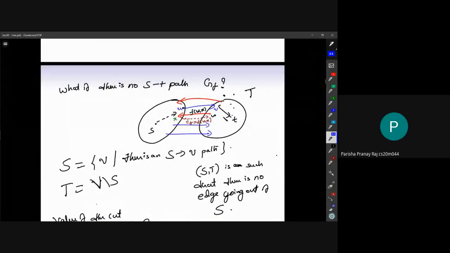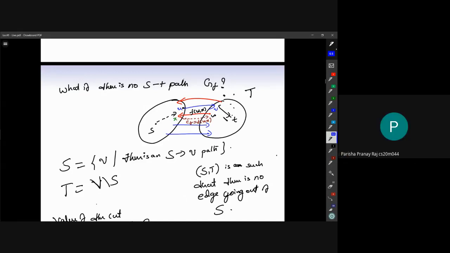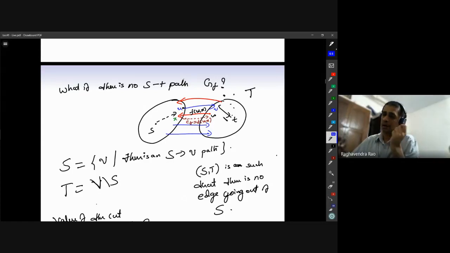We don't have any edges from U to V in this current, like we have edges, but... This is the current GF graph, right? Residual graph. No, the blue edges are from G. Okay, so we are just looking at the possibility of having an edge from S to T in GF. How would it have come?